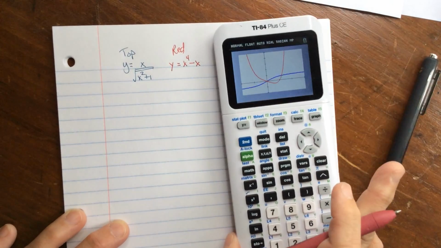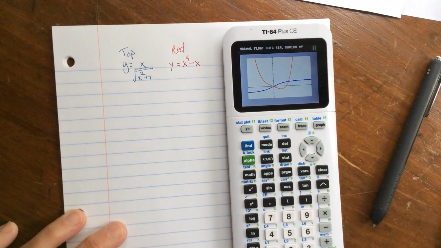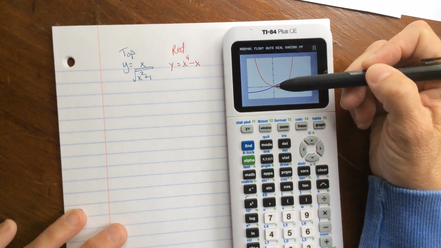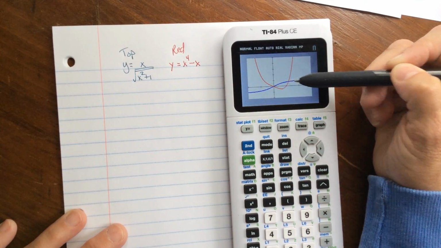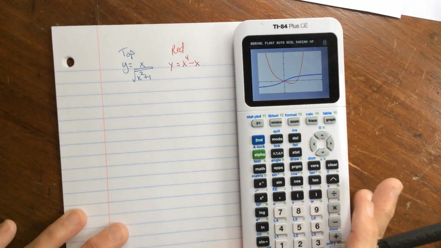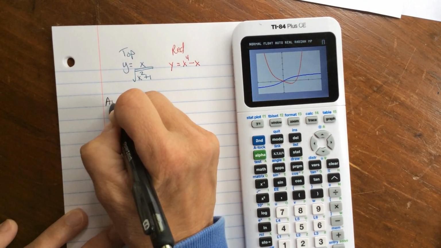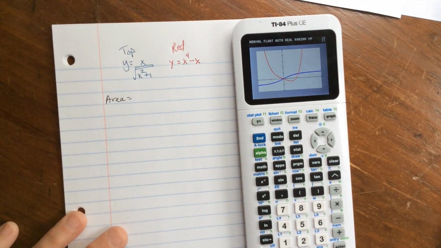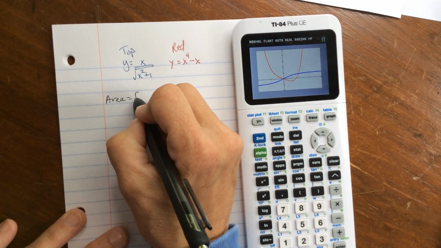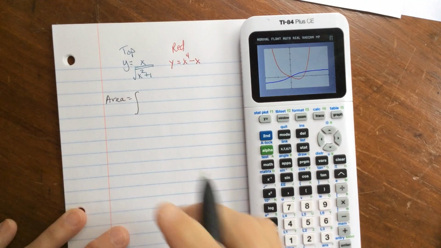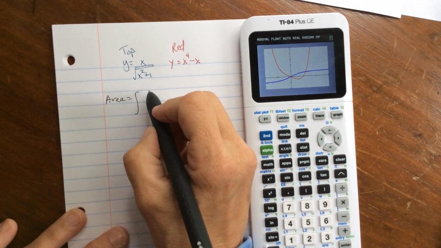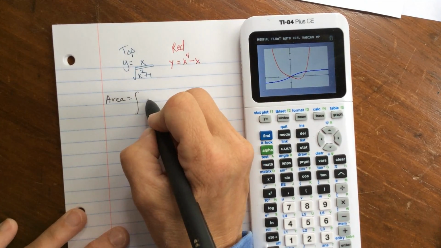And what we need is the intersection points. So we need this point and this point. So how do I set up my area, or my formula, or integral? The area will equal, I'll get my lower bound and upper bound in just a minute, but I know I'm going to have this set up as